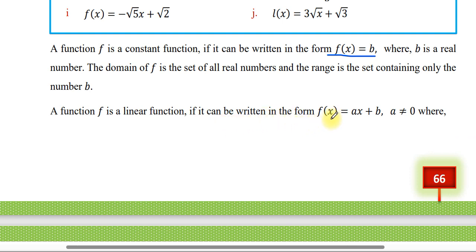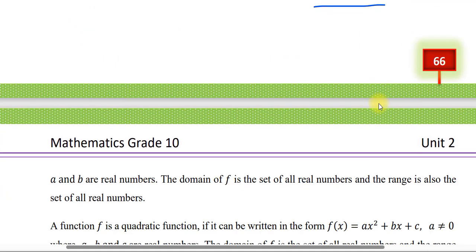In the other way a function f is a linear function if it can be written in the form of f of x which is equal to ax plus b and a different from 0 መቻል አለበት። ስለዚህ ሁላ ተምረነዋል። but if a which is equal to 0 then the function will be constant. f of x which is equal to ax plus b የሚለው ላይ a 0 ብናረጋት f of x which is equal to b ይሆናል። then constant function ሆነ ማለት ነው። where a and b are real numbers, the domain of f is the set of all real numbers and the range is also the set of all real numbers. ስለዚህ በሊኒየር ፋንክሽን ጊዜ ዶሜንም ሬንጅም the set of all real number ነው ማለት ነው።